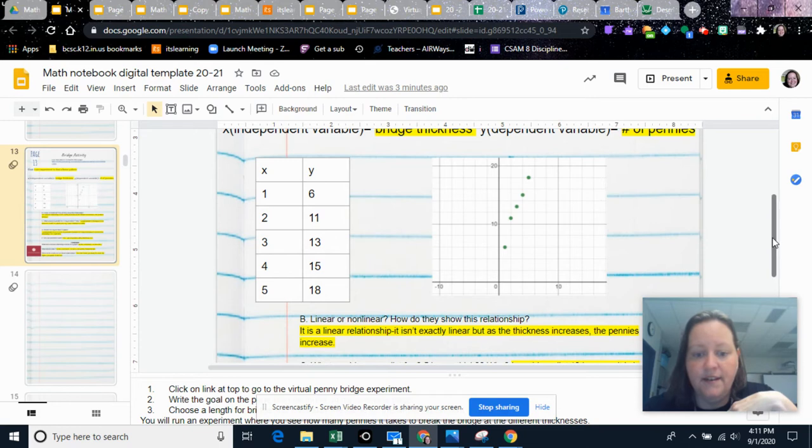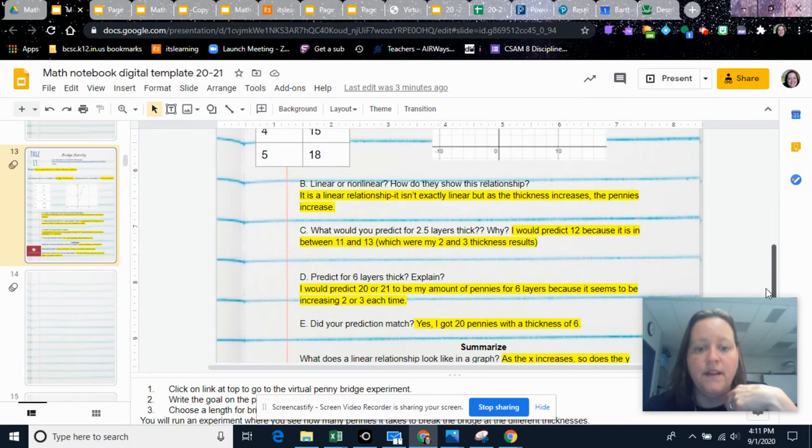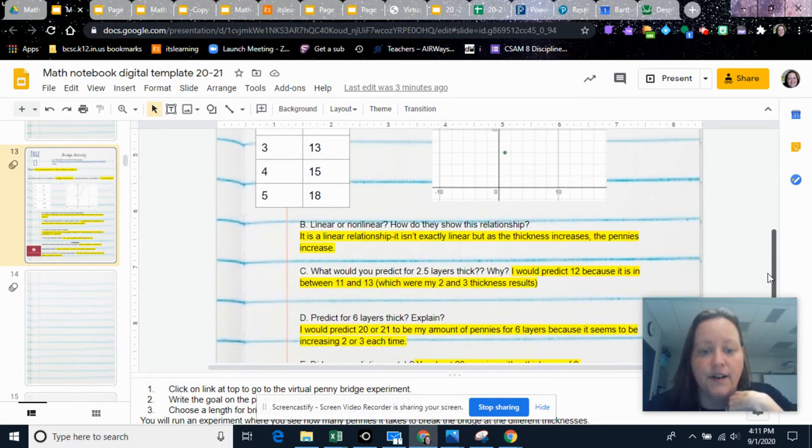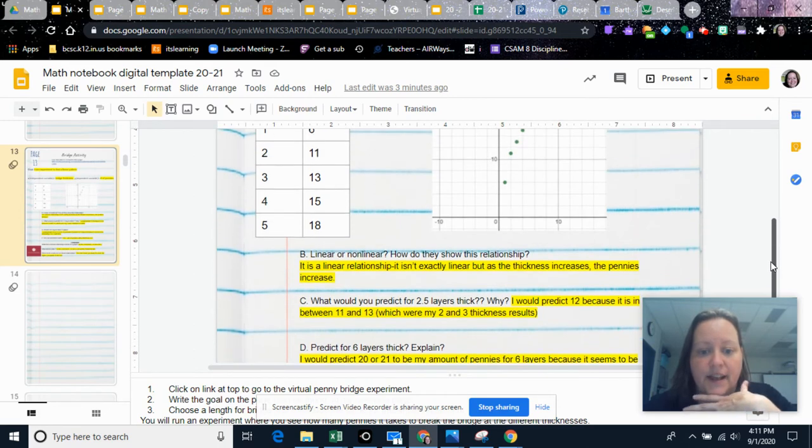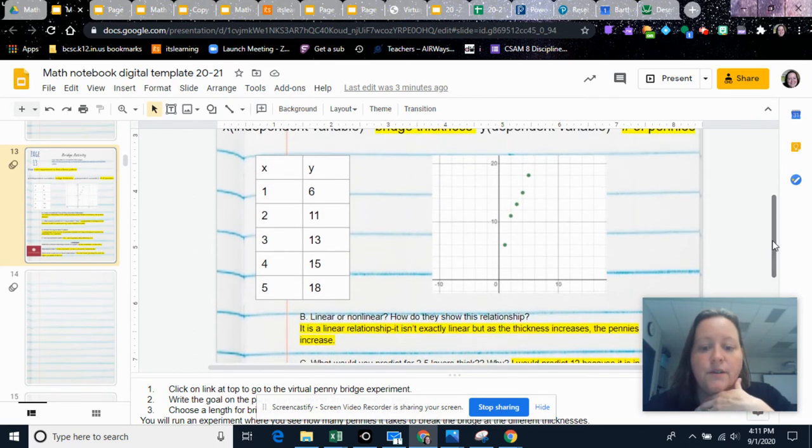And then to go through the questions at the bottom, is it a linear or nonlinear relationship, and how do they show this relationship? So it's not perfectly linear, it doesn't make a straight line, but since it asks about the relationship, or if it talked about association, it doesn't have to be perfectly straight. You just need to be able to see that it's heading in a linear direction. So as the thickness increased, the number of pennies it took to break it did increase. And so that's going to show that it is a linear